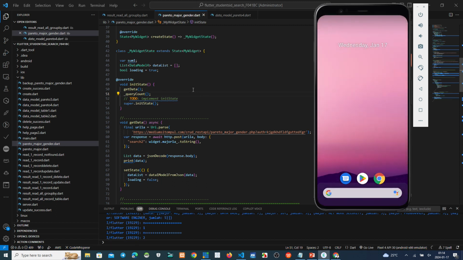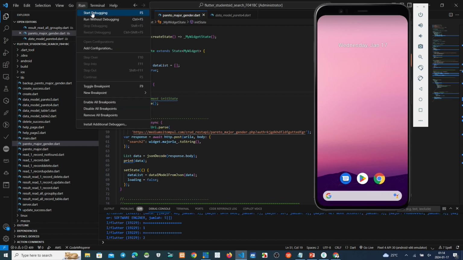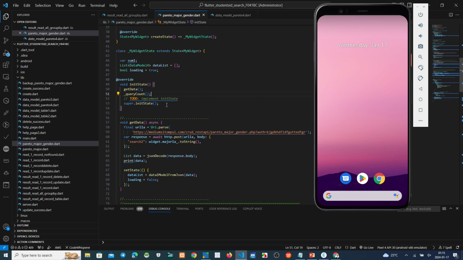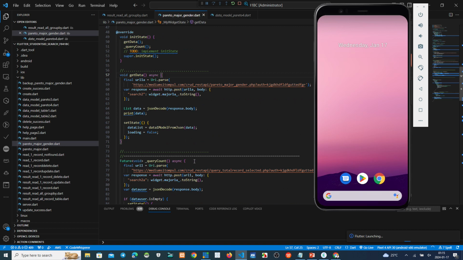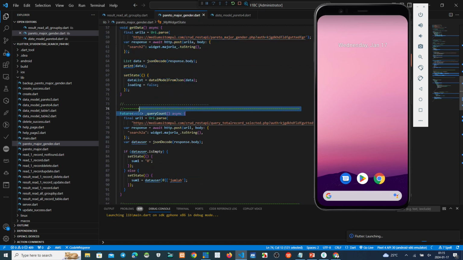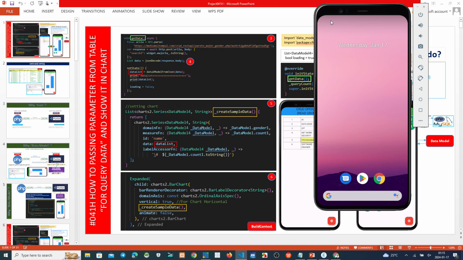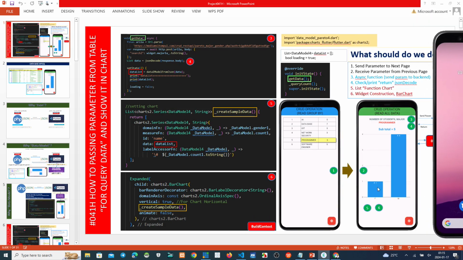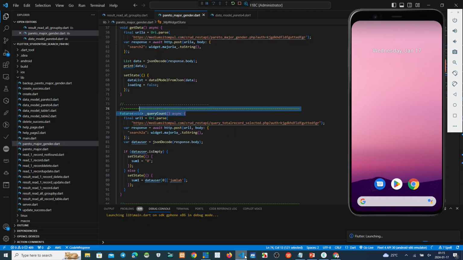We must run here. Okay, start. We must start because we use this. We must run this get data and also the query count to get the data of the chart and also to get data of count here. Data of chart, this one, and also the total count, this one, 5. The data female 1 and also male 4. Total 5. Okay, now we run again.